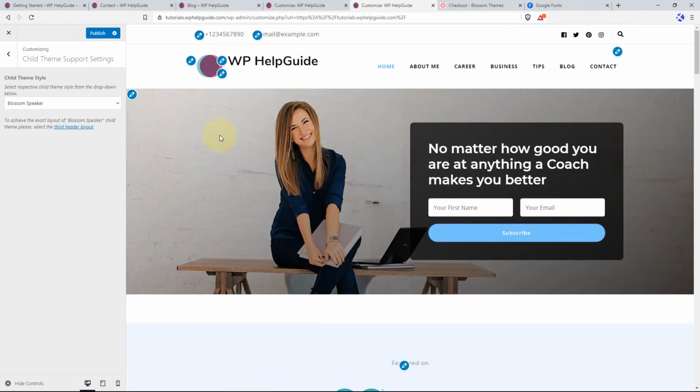As you can see here, based on the child theme you select, the styling of your site is automatically changed. You also get additional information to match the exact style. So in this case, the header layout in Blossom Speaker is the third header layout. So if you want to change and achieve the same header layout, you can simply click here and it will